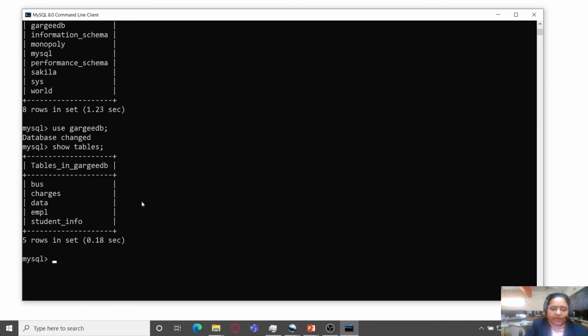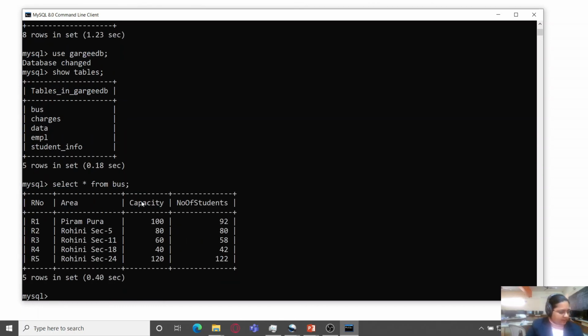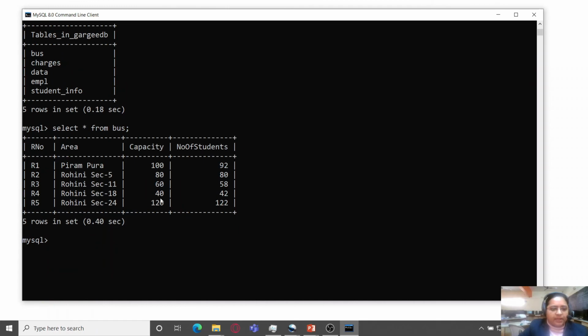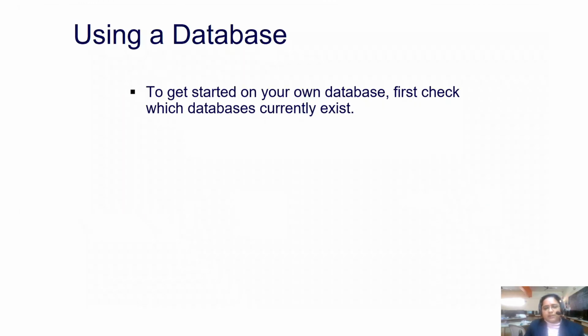And now to check each table, I will be using select asterisk from table name to check what is stored in the tables. So this is how I can use the simple commands of SQL to get started.